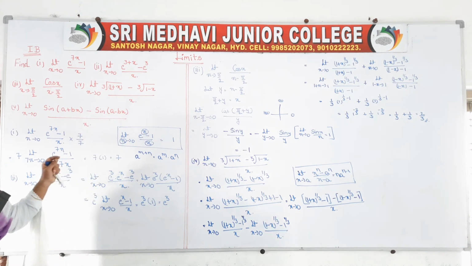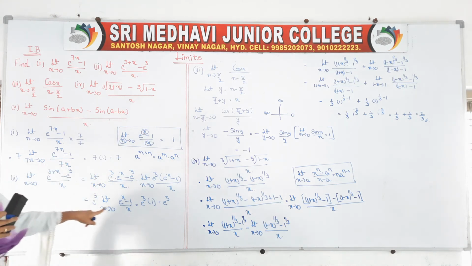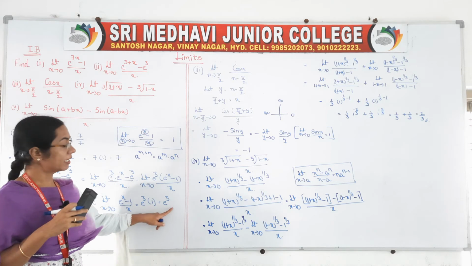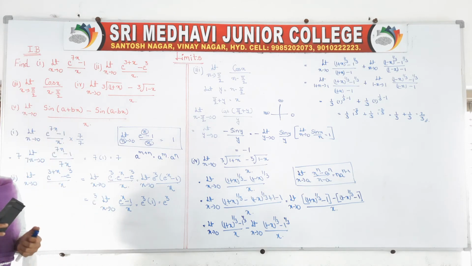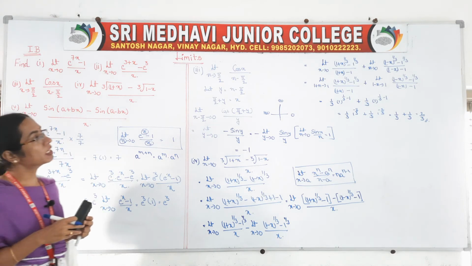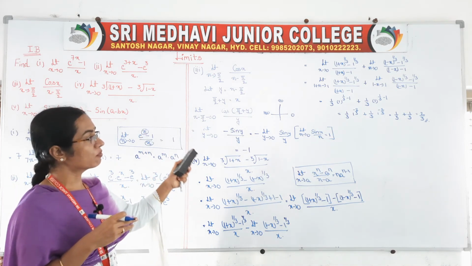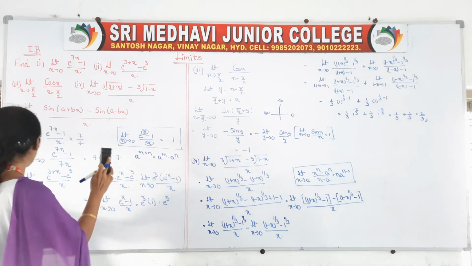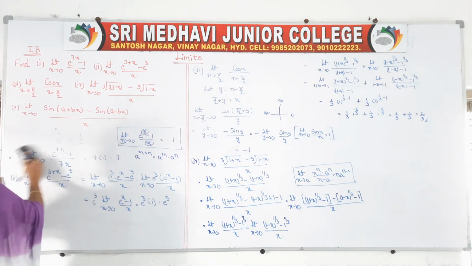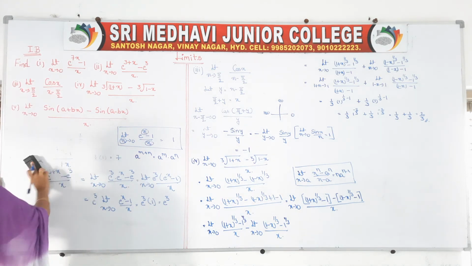After that we have taken e to the power of 3 common, then you got the formula, right? So e cube. Okay, next come to third one. It is not in our standard form, so we reduced into standard form and we got the answer. Now come to fifth one. What is your fifth problem?